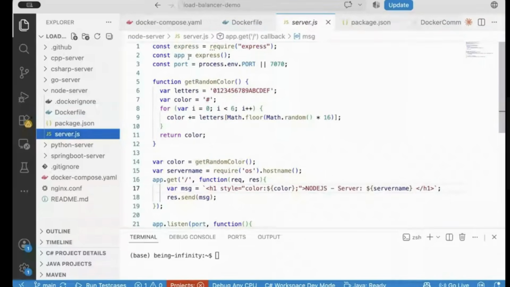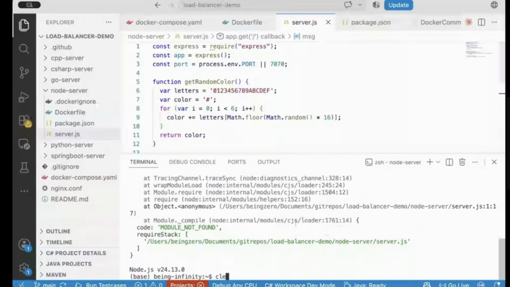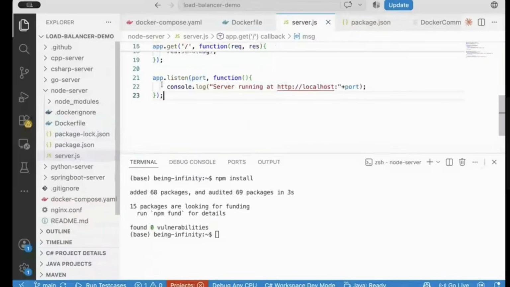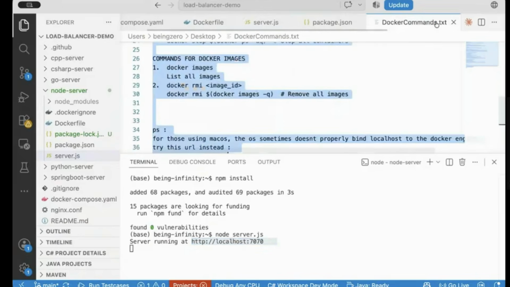So what web server is running? I have a simple web server written here. You know what this web server does? If I run and show you, let me go to my node-server directory. If I run node server.js, okay, it will ask me to install dependencies, npm install. It's just one file with 20 lines of code. Now if I say node server.js, it runs on 7070. If I